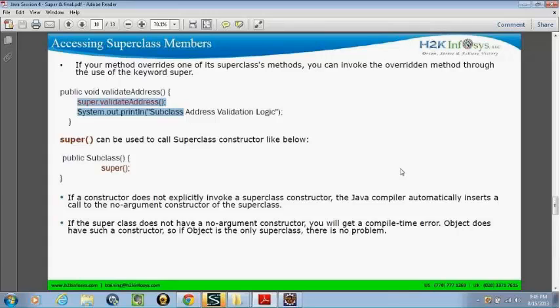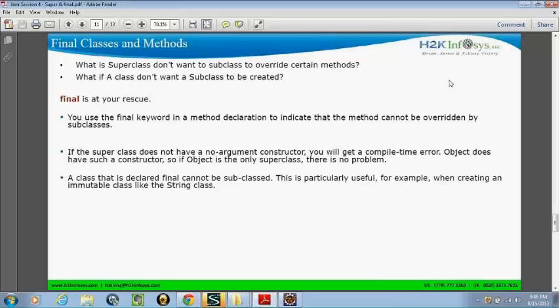So, we were discussing the final variable, right? What is the final variable? The constant value that cannot be changed. Exactly. It's a constant value that cannot be changed. Once we assign a value to a final variable, what you're saying is also right. When we assign a value to a final variable, it cannot be changed, right?